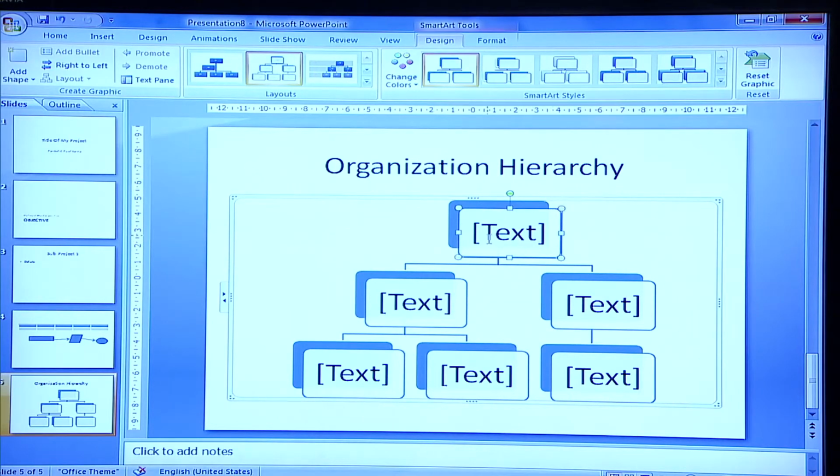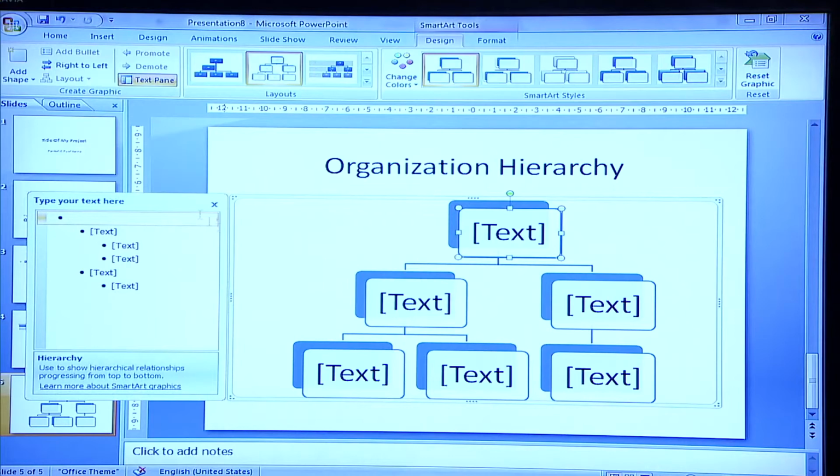If you want to show in your project what your project organization hierarchy should be, this is called the outline. You can also outline this particular template. You can just name your organization here, or maybe at the top it can be the name of your organization.